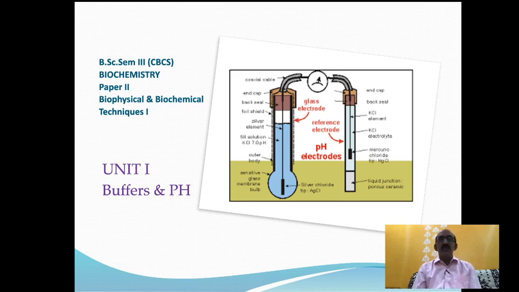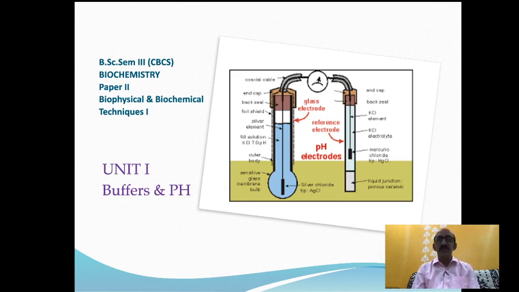Unit 2 of biochemistry is concerned with spectrophotometry. Spectrophotometry deals with the measurement of the concentration of a biomolecule in the given physiological or biological solution. We can measure its concentration with the help of a spectrophotometer. Not only can we measure the concentration, we can determine their molecular weight. Also we can determine their molecular formula approximately with the help of a spectrophotometer.